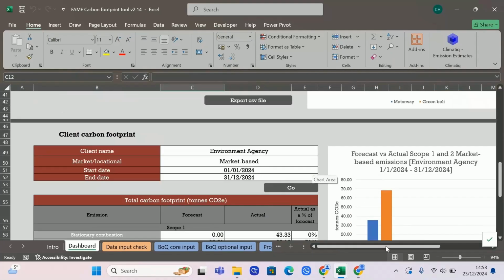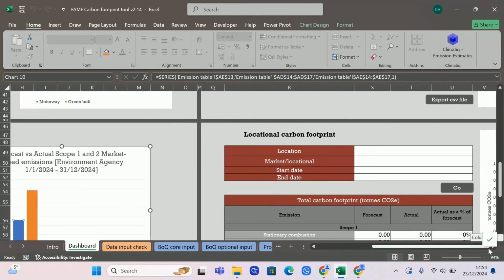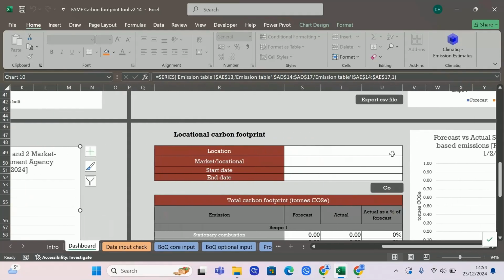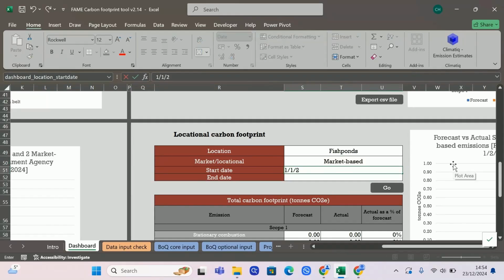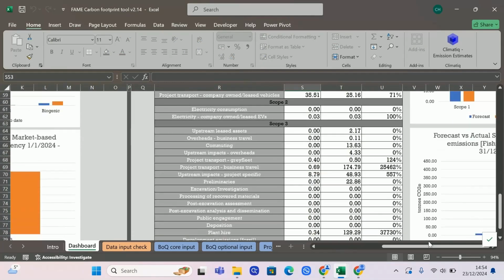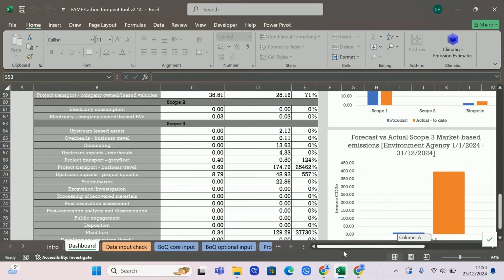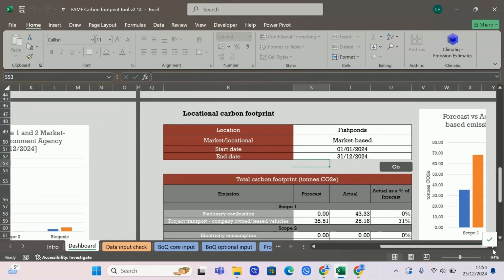And then the process is extremely similar for the locational footprint just to the right. Again, I think I just input both projects to the same location. So we should, in fact, just get exactly the same result as the table to the right, which we can see that we have. So again, the graphs are largely